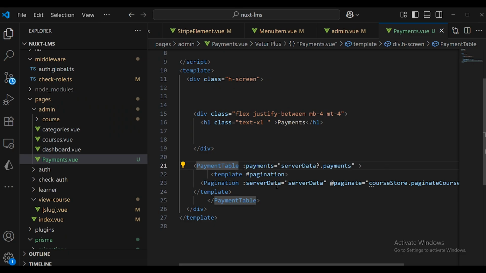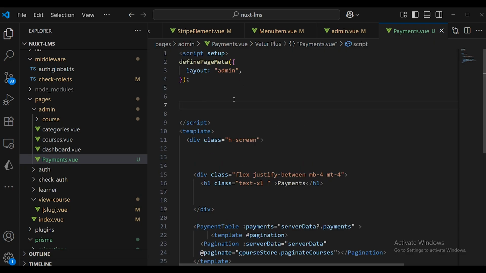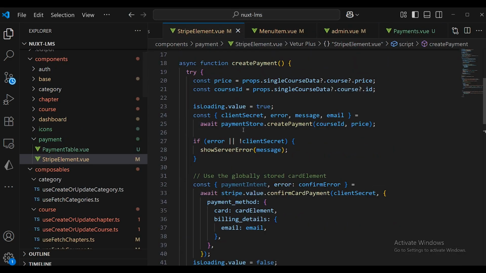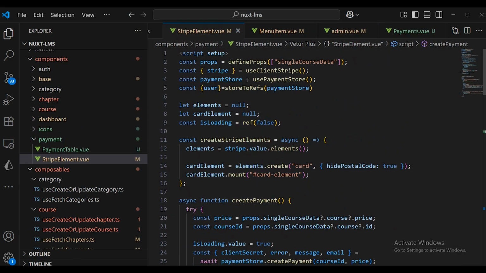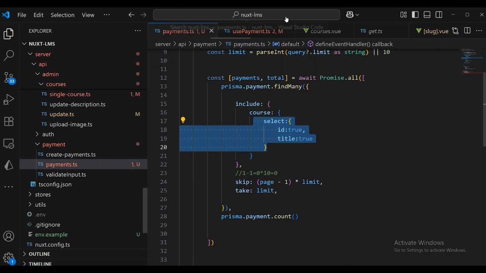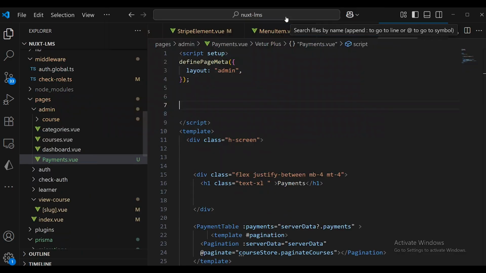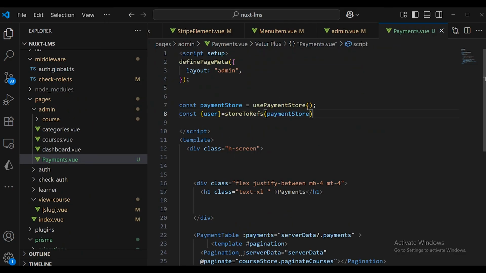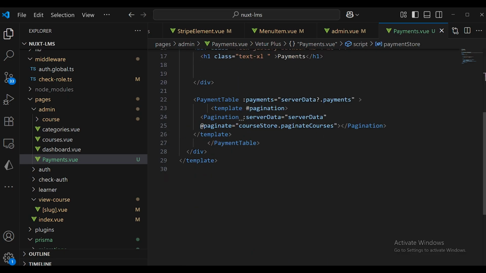And also we're going to head into the payment table. We're gonna pass in a slot, so that we are going to have the possibility to display the pagination components. Let's first import here the payment store. We can head into the store elements and import the payment store. Yeah, you can see we have a payment store. I can just copy that and we're gonna pass it right here. And here we're gonna pass this payment store, and here paginate